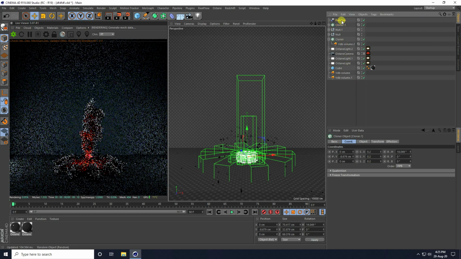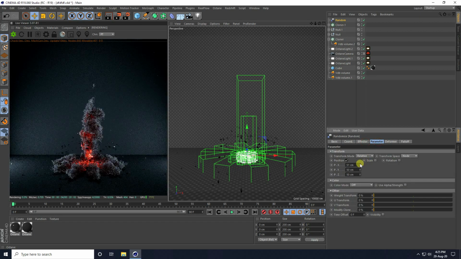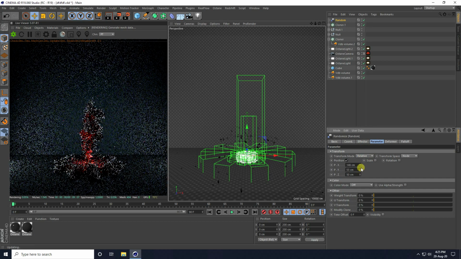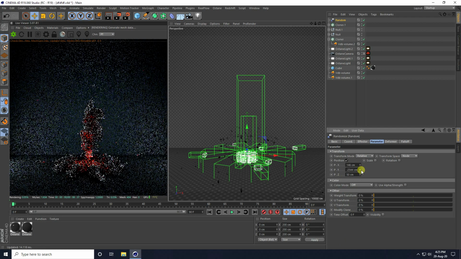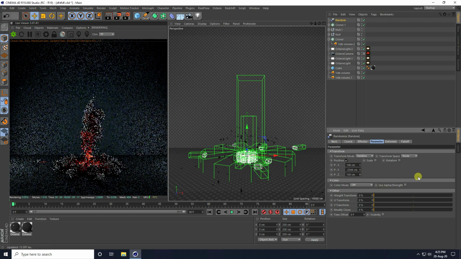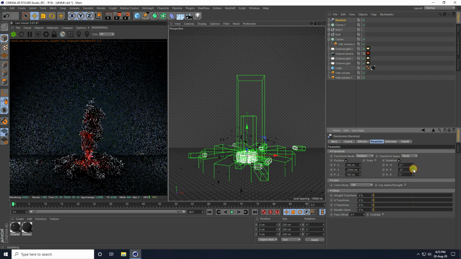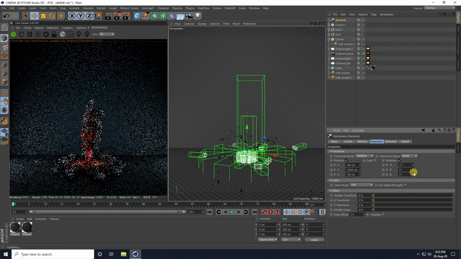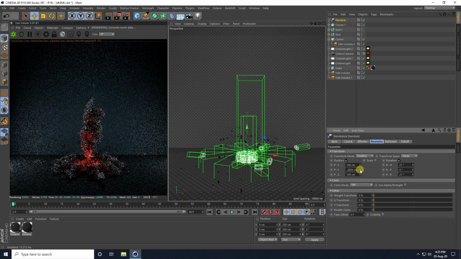Yes, and select this random effector and change parameter and increase. Yeah, and a little bit rotation. Yes, right. And guys, more.